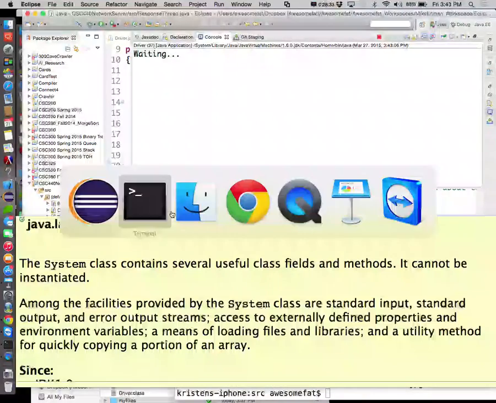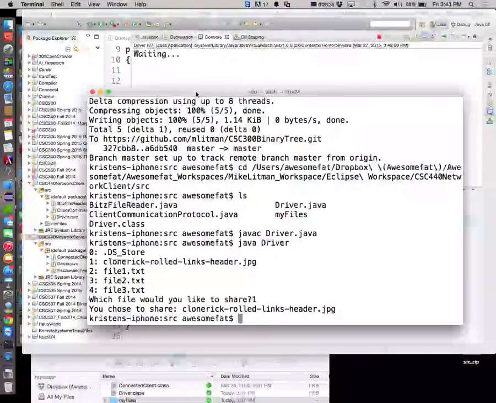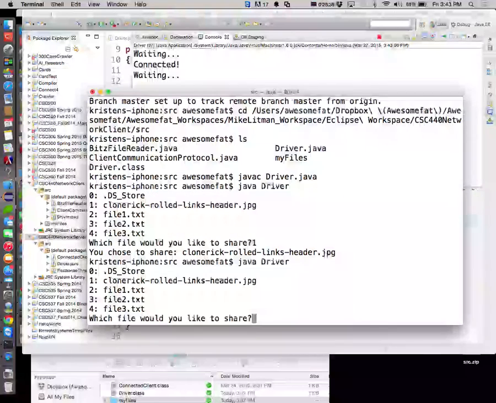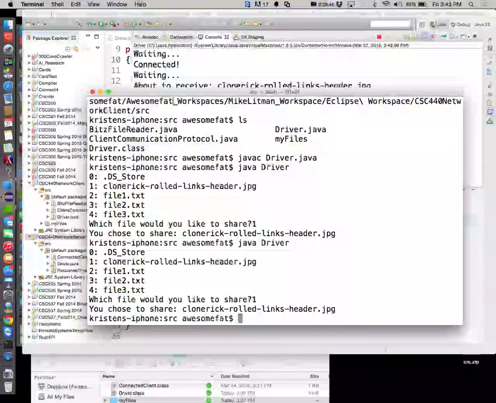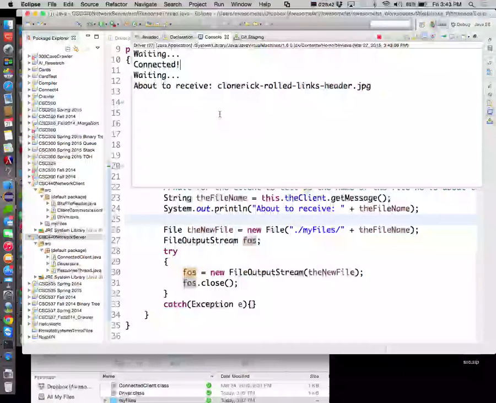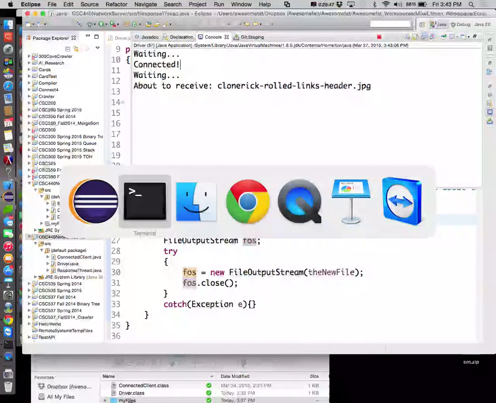Restart the server. Go out to the client. Nothing's changed on our client side. Just go ahead and run this. Number one, you chose to share this file. We chose to receive this file. Now what I want to do is go to